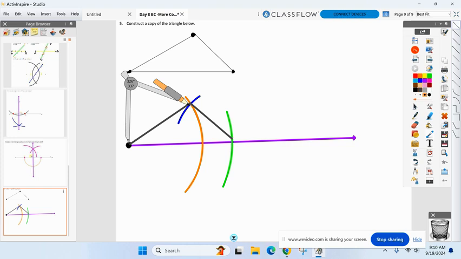Use your compass. Anytime you see the word construct, remember, we want to use our compass and straight